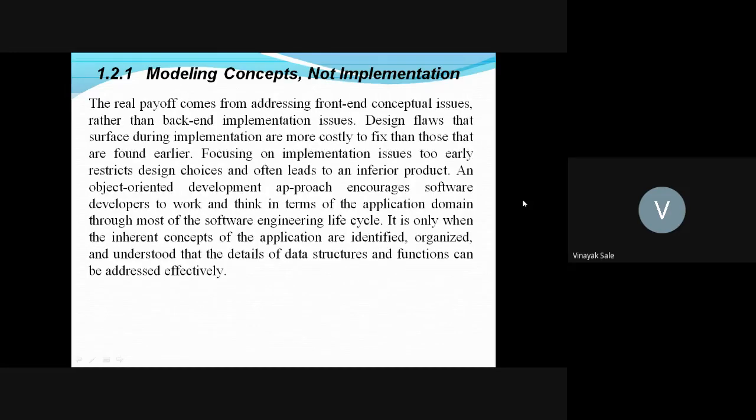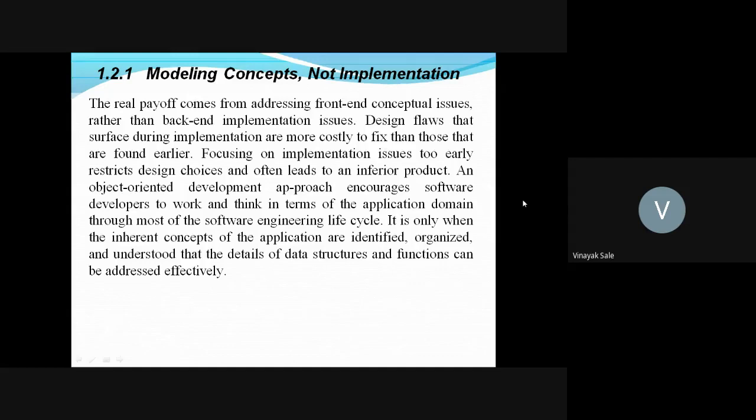The real payoff comes from addressing front-end conceptual issues rather than back-end implementation issues. The design flaws that surface during implementation are more costly to fix than those that are found earlier.